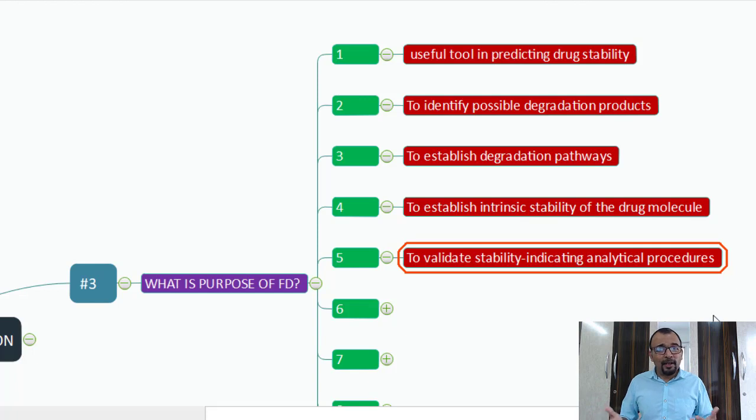Now, all these points are going to give confidence that, okay, yes, we have studied the entire conditions the product is really going through, and we found that these are the possible degradants and they are well separated on my chromatographic run. This is what is called the stability indicating nature of the method. And to prove that, the forced degradation study is going to help you out.